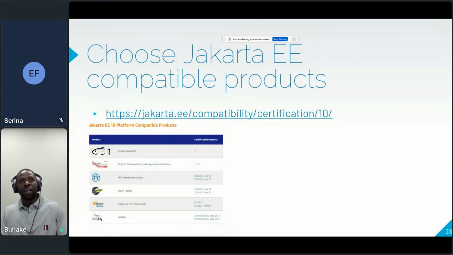And then you choose your Jakarta EE 10 compatible products. On the website, the certified Jakarta EE 10 products range from Glassfish to WebSphere Open Liberty, IBM WebSphere Liberty, and Payara as well. The three biggest that I've used are Open Liberty, WildFly, and Glassfish and Payara, which are the same but different.